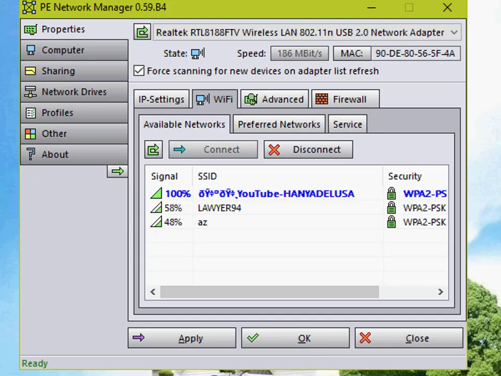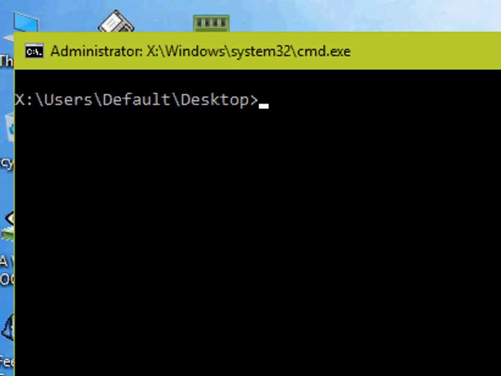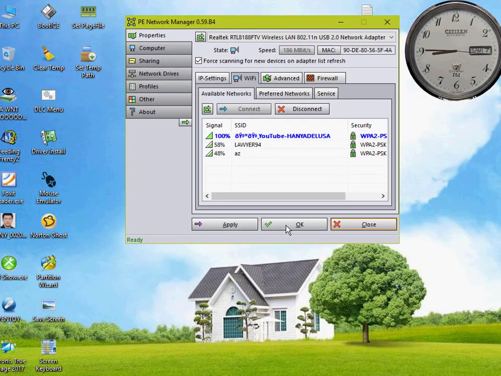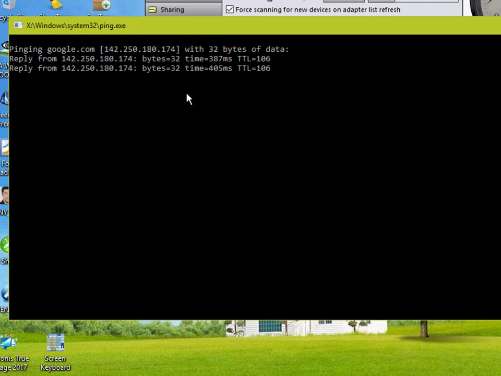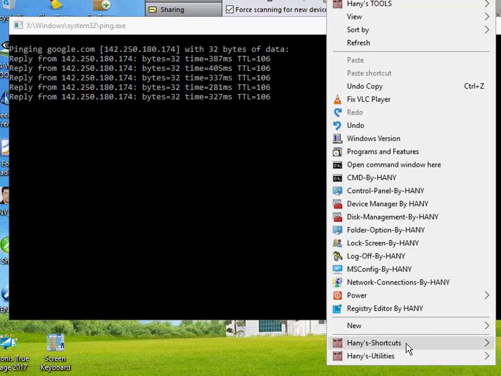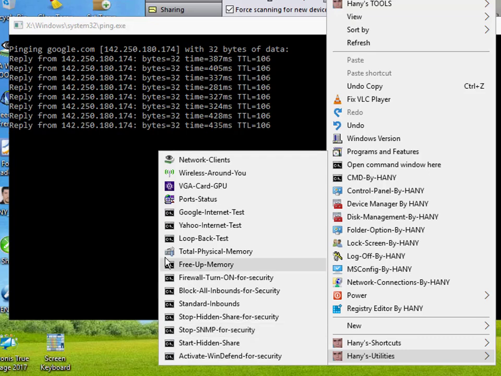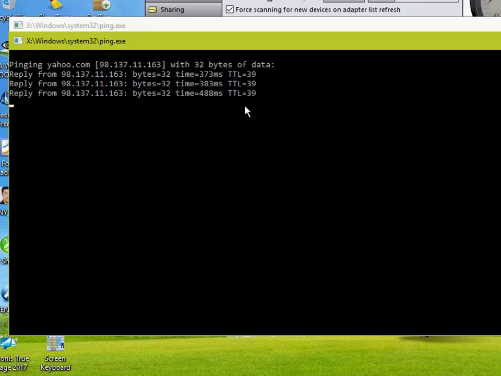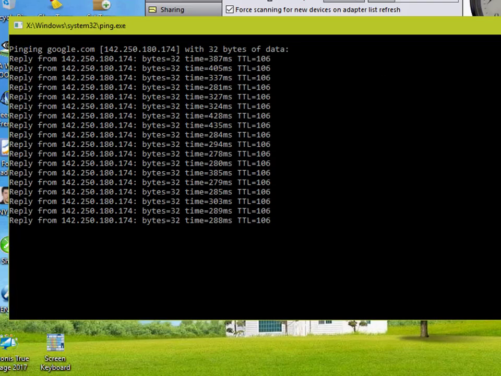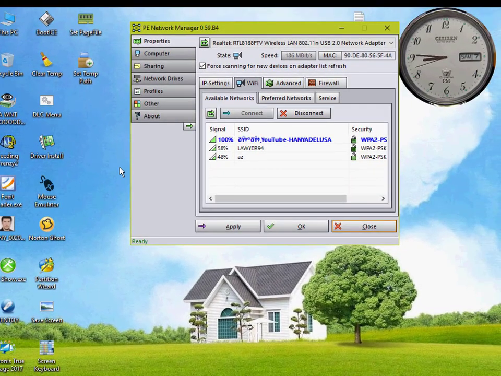To test the connection now, I right click and open command prompt, and I'll test by ping Google. I already integrated these commands inside my Windows PE. So from here I'll test the connection between me and Google. It gives me a reply from the Google site. Also the Yahoo site gives me a reply for the internet test. Yahoo also replies to my request. Okay, echo request and echo reply from Yahoo and Google, and it means the internet is working now